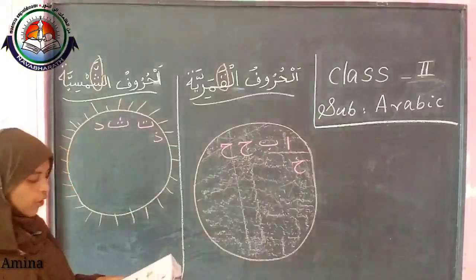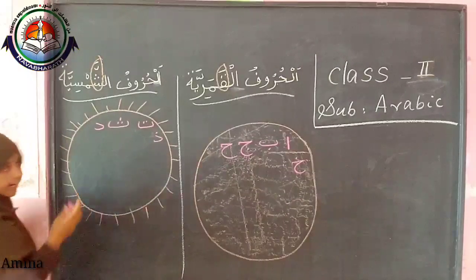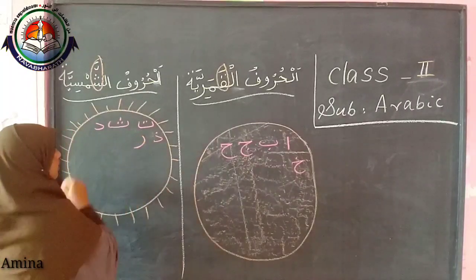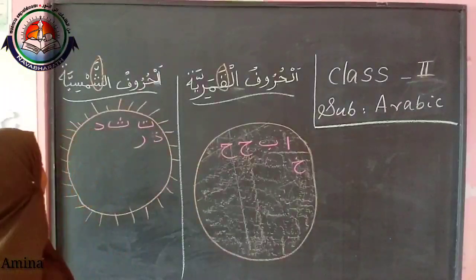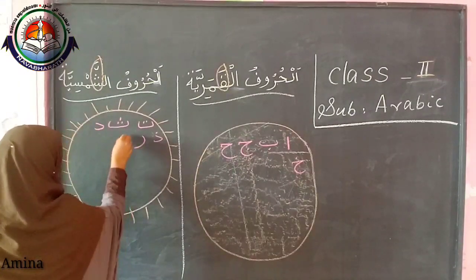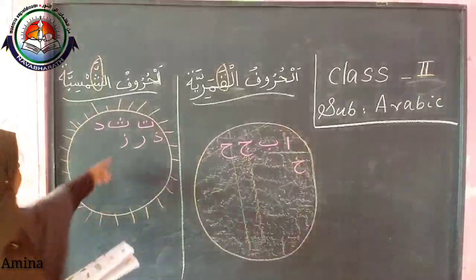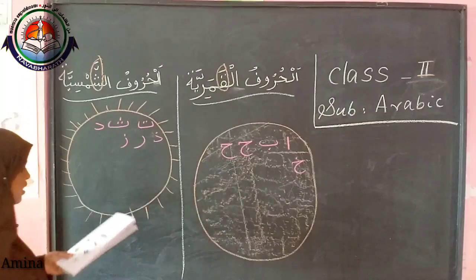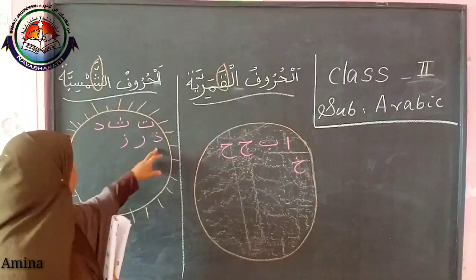Okay, then ra, rajul, ar-rajul, rajul means man. If we are adding alif lam, we will read it ar-rajul, we cannot hear the sound of lam clearly, then it is in the sun letters. Then za, az-zahra, zahra means flower, the flower. Okay, we cannot hear the sound of lam, that's why we wrote zai also in this column. The next one jim, ha, kha, dal, dhal, ra, zai.